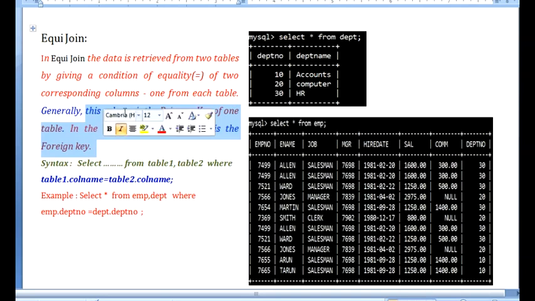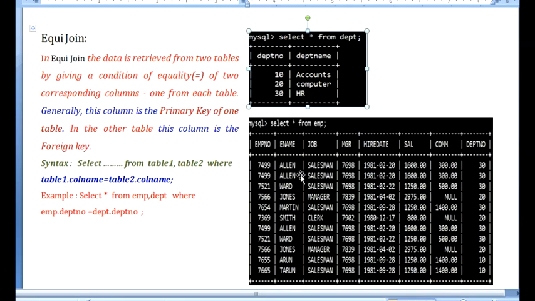Like we can see here, the same 2 tables, EMP and department. In the department table, the department number is the primary key, which holds unique values, and the same column is referred to in our EMP table. Here you can see it. When the primary key of one table is referenced in another table, it becomes a foreign key.